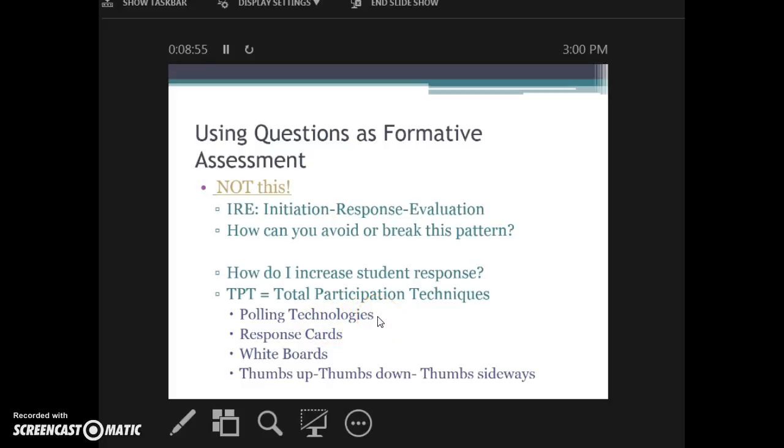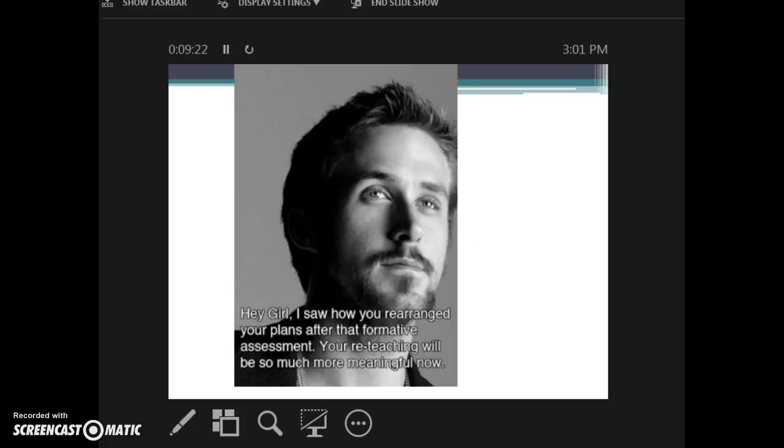I know we've modeled Poll Everywhere a few times for you, but on the Learn board, I think when you get there, you'll see just how many things are available, and it seems like you're a dinosaur if you don't take advantage of them. Okay, so we're trying to avoid this pattern, trying to get more students involved. And when we get all this information, it's not just for the students, but for us to change our practice. What do we need to do differently?